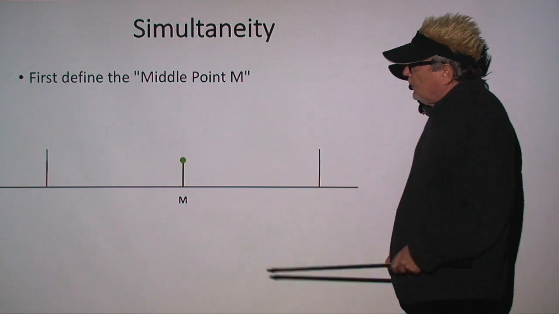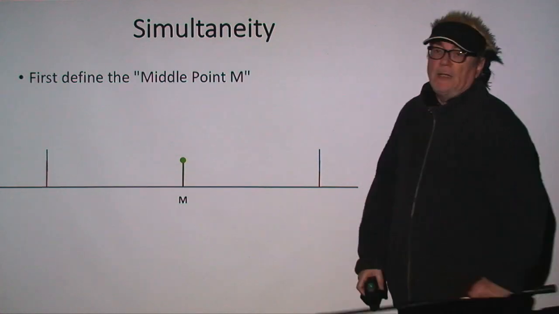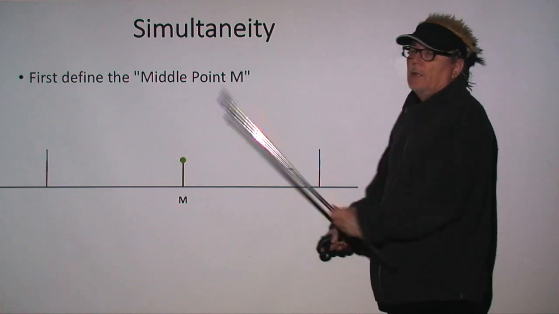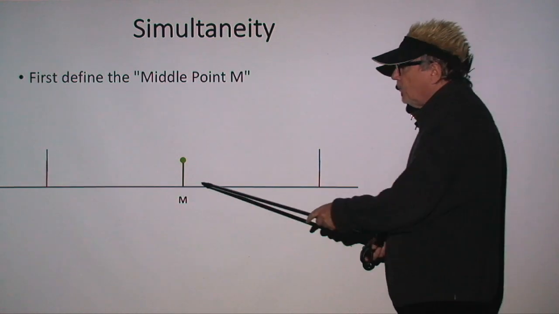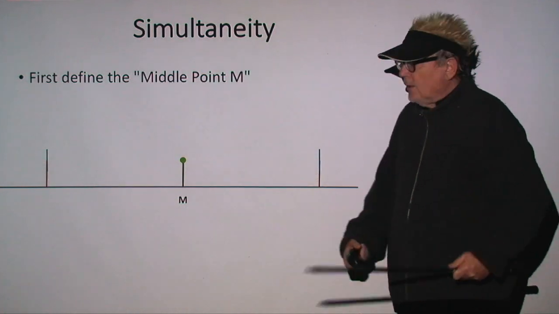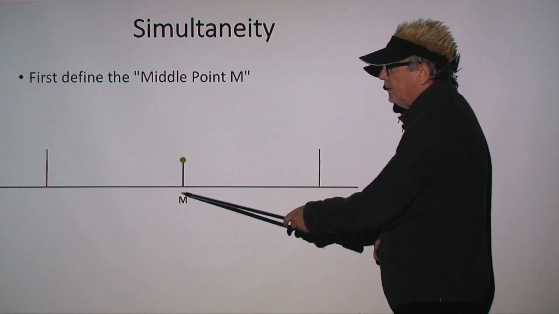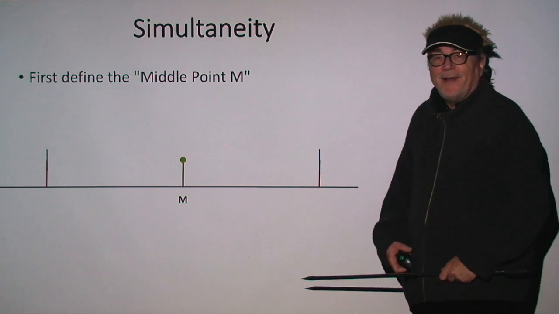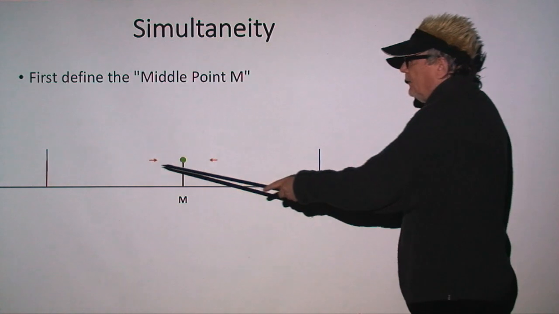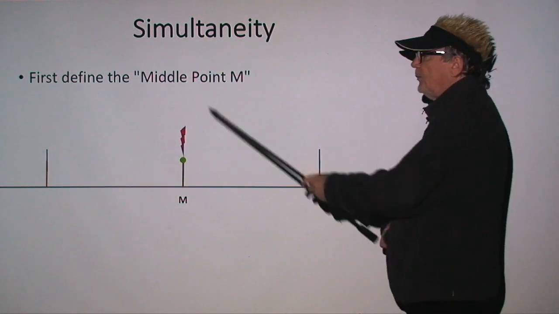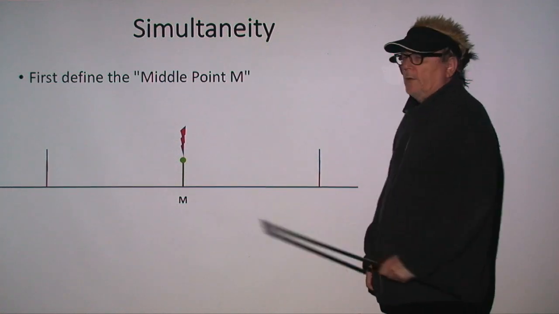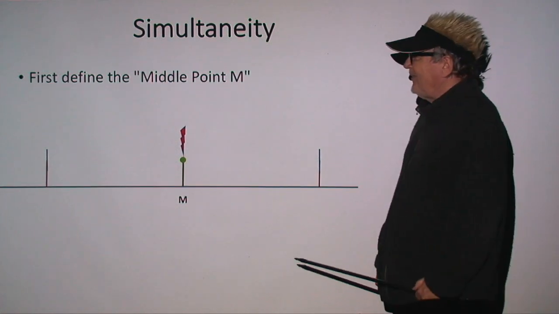And the first thing we need to do is to define what we mean by middle point here, because Einstein said it's the middle of the two. Okay, we understand what that means. But if we have not defined space nor time before, we have to define what the middle point means, and that's fairly easy. You just generate the light, it goes like this, and then there are mirrors, and if it comes back like that at the same time, then that means this is the middle point. So, piece of cake, always easy to define.